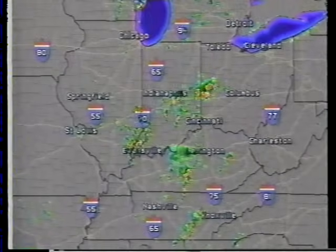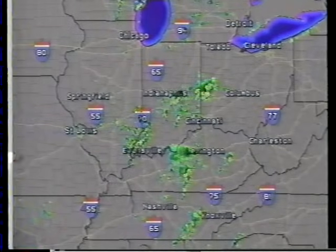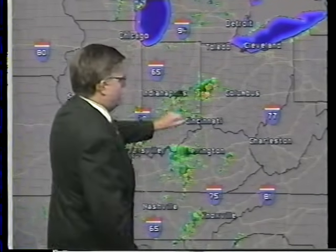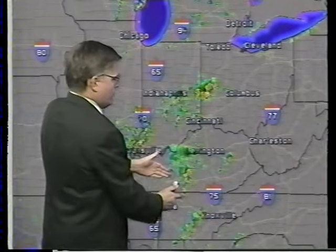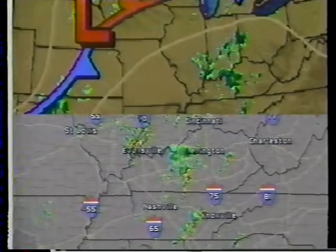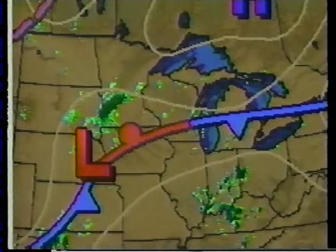Louis, and Cleveland. Some thunderstorms, though, cooling you off on the east side of Indy, where some golf ball size hail was noted. Also here in western Ohio, southwest of Lexington, Kentucky, also around Kalamazoo, Michigan. These should fire up, these thunderstorms, and maybe drift toward Detroit, but there's not a whole lot of movement down here, so there could be some flooding rains, Indiana and Ohio, as time goes on, out ahead of this particular